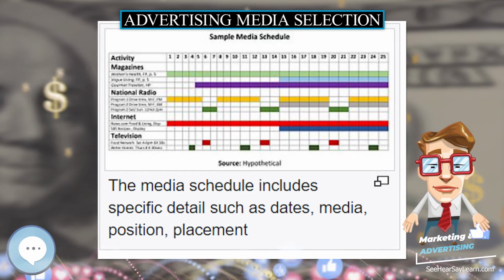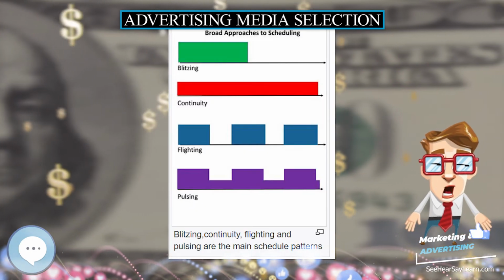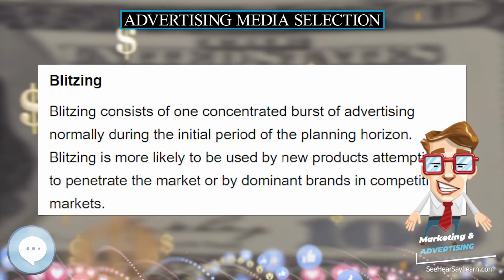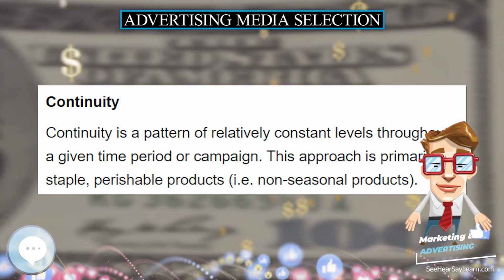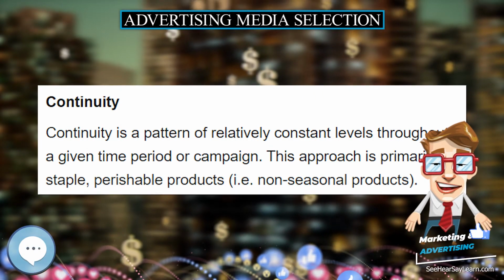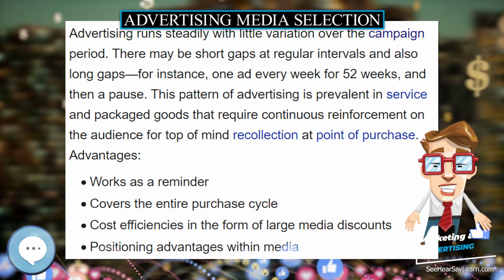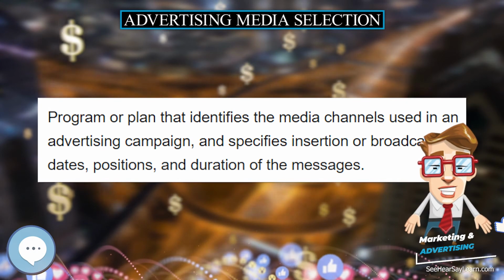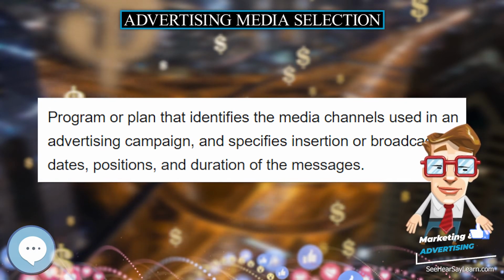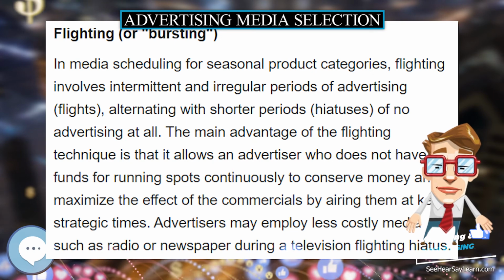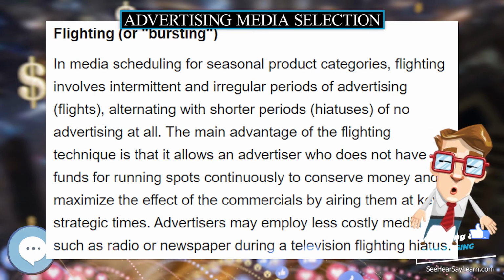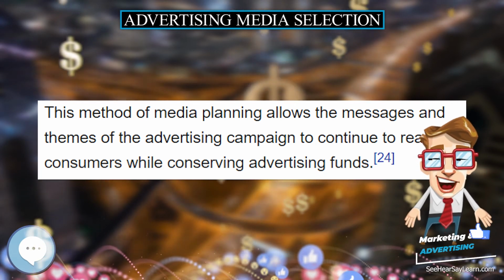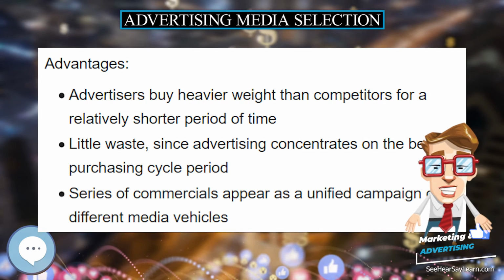conserving advertising funds. Pulsing combines flighting and continuous scheduling by using a low level of continuous advertising, followed by intermittent bursts of more intense advertising at predetermined times such as holidays and peak seasons. Product categories that are sold year-round but experience a surge in sales at intermittent periods are good candidates for pulsing. For instance, underarm deodorants sell all year, but more in summer months. Pulsing is also used by market challengers who want to create an impression of a larger advertising budget.